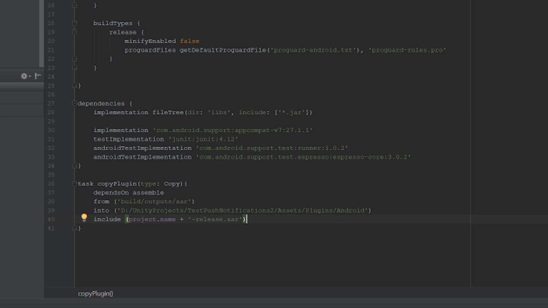And if you don't want to type this whole thing out, I've included a paste bin link in the description so you can just copy and paste this into your own build.gradle file. But basically you just need the lines depends on assemble from build/outputs/AAR, and that's where your AAR file will live after it is assembled. And then the line into, and this is the direct path to your Unity project, and then you just want to do